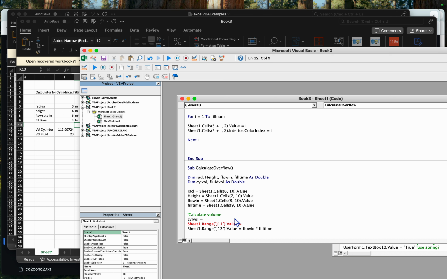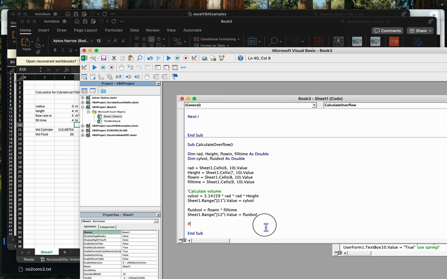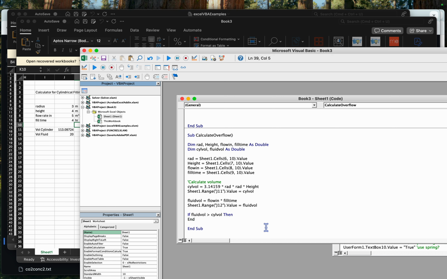Cell vol, and then cell vol, and let's do fluid volume. So flow in times fill time. Fluid vol, and I can say if fluid vol is greater than my cylindrical volume, then